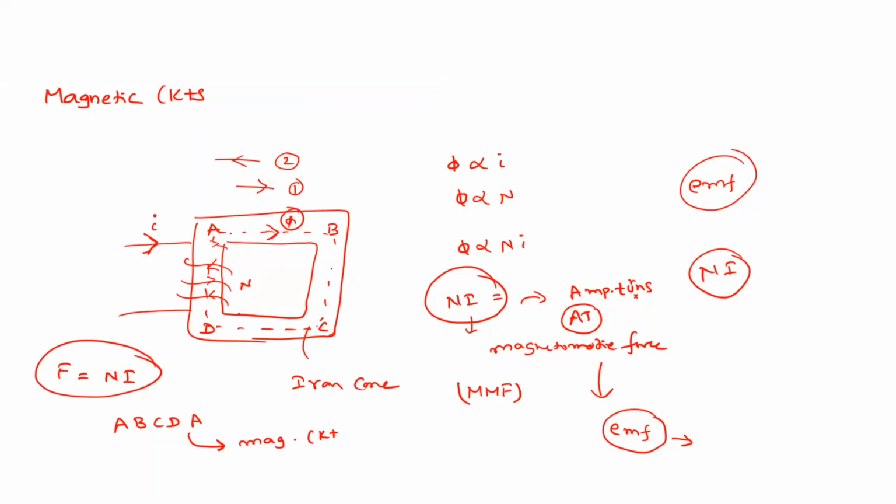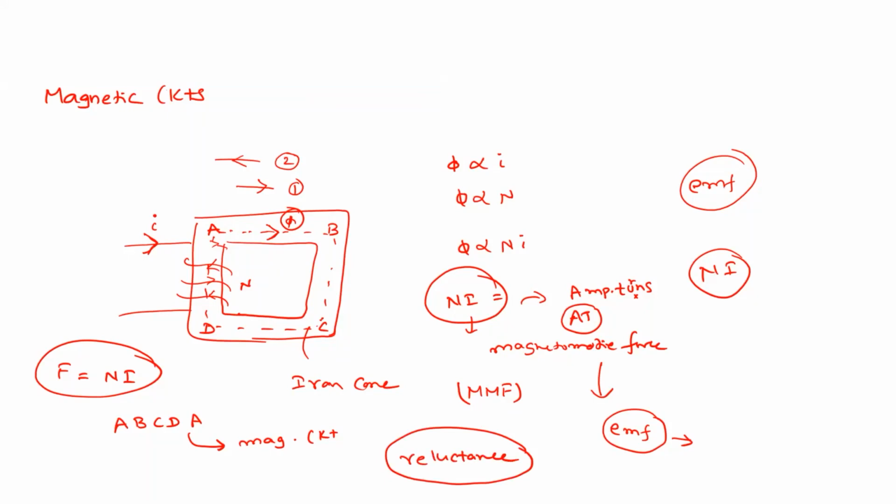Right, so keep that aside. What is the thing that opposes the current? Resistance. Similarly, what is the thing that opposes the flow of flux? Back EMF. Inductance, sir. Induced EMF. You might have studied this, right? What is this? Yes, sir. Reluctance, right?